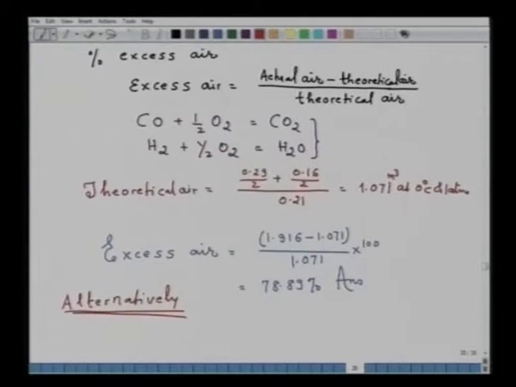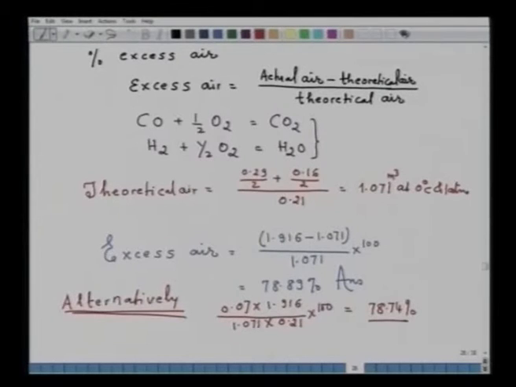So, alternatively the excess air can be calculated from 0.07, the fraction of oxygen, into 1.916, the volume of POC. If you divide it by 1.071, the volume of theoretical air, multiplied by 0.21 to find the theoretical oxygen, and multiply by 100,